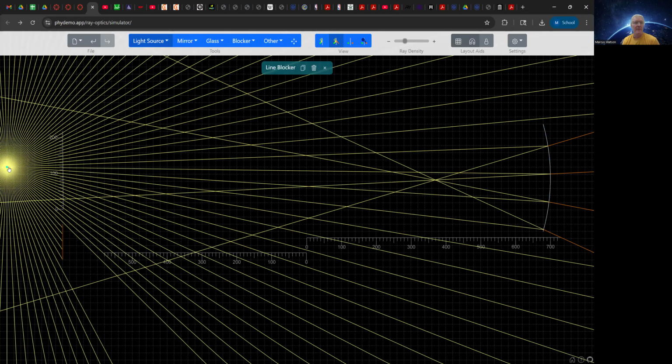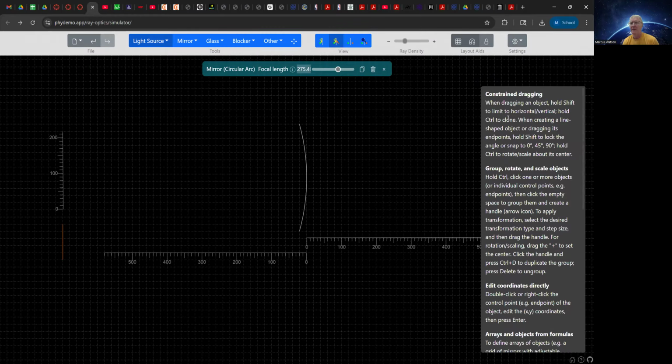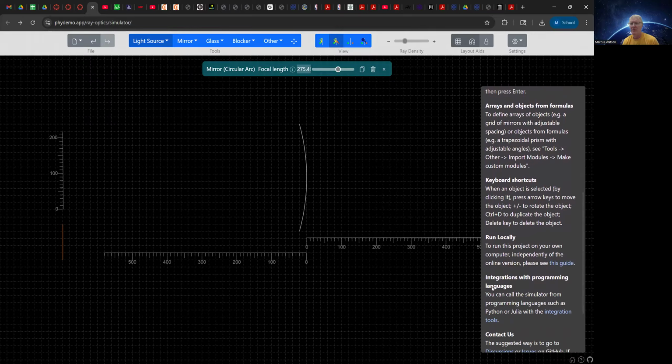Let's see, go back to this thing and get rid of that, and scoot this back to here. And if you have, I don't know, accidentally deleted it, Control Z is your friend. Also, you can go down to here. At the very bottom right, you'll see there's a question mark. If you type that, then it tells you there's a bunch of other things you can do, shortcuts, doing this,